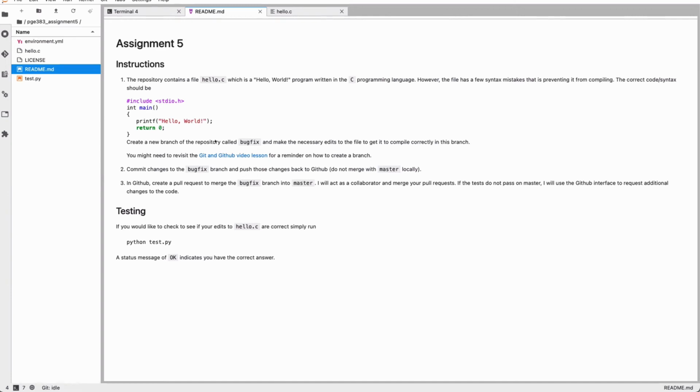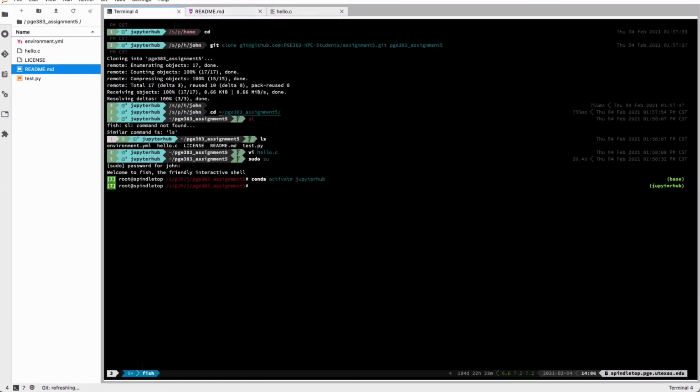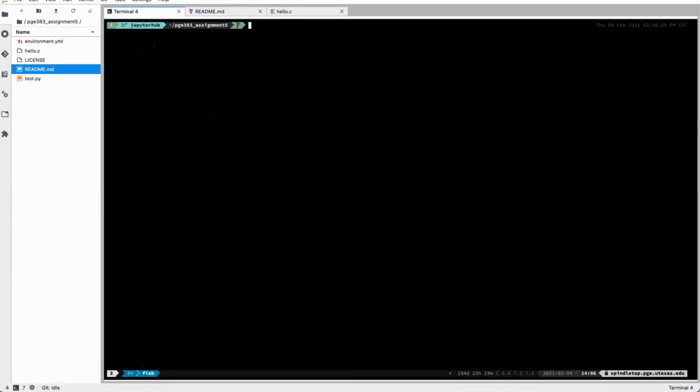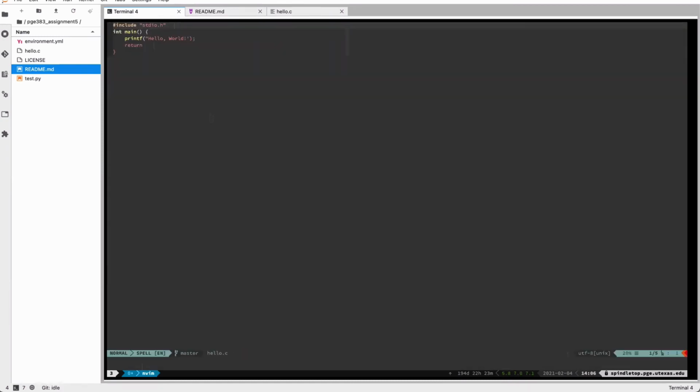So the final solution to this assignment requires me going into GitHub, accepting or merging your pull request, and then it'll be back in the master branch, and the test will pass from there. Okay. So here you're basically going to be working on the command line. If you go into that directory, you'll see hello world, which you can open up with Vim or with VI, and then again,